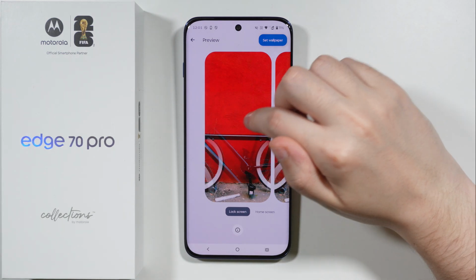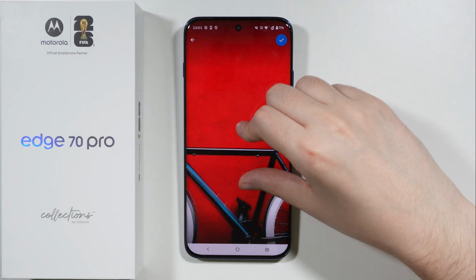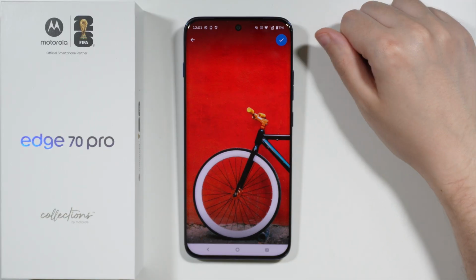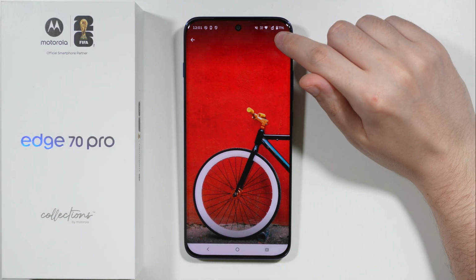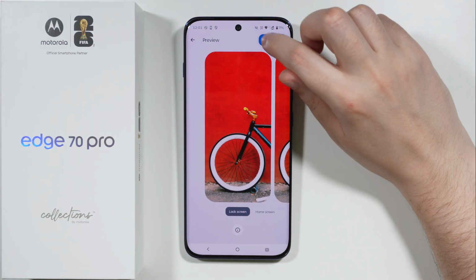There we go. We should be able to still tap on the lock screen to make some adjustments. So we should be able to zoom in, zoom out, make some adjustments, and so on and so forth. And then we're going to tap on this check in the upper right corner, and now we can set the